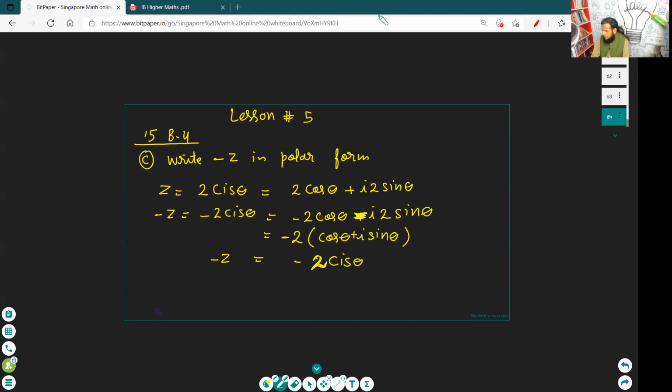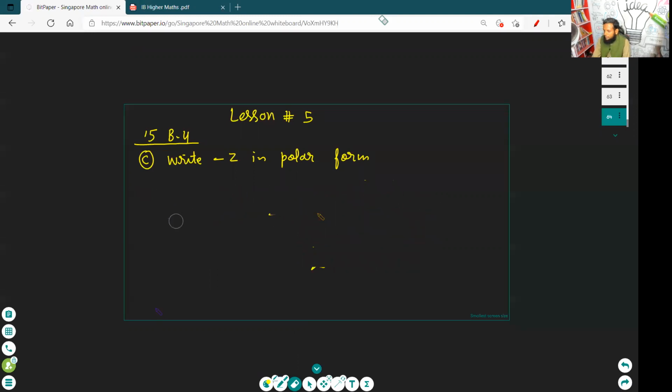Here, this is multiplication. In another form, we know how to do it. Because a negative number is also an integer, this is the multiplication of an integer. This is minus z. Minus z means minus 1 multiplied with z. Minus 1 is also a complex number. Minus 1 can be written as minus 1 plus 0 iota. Clear?